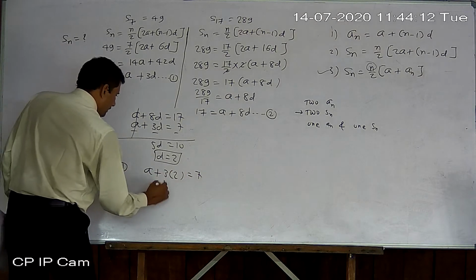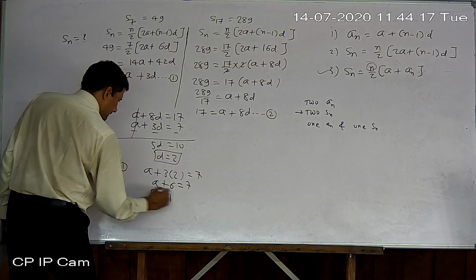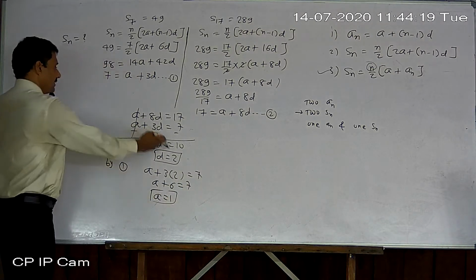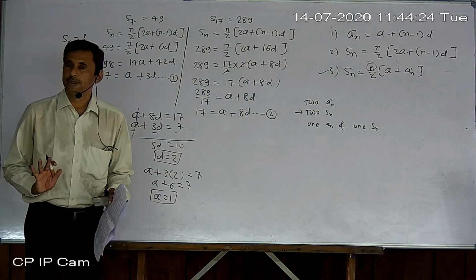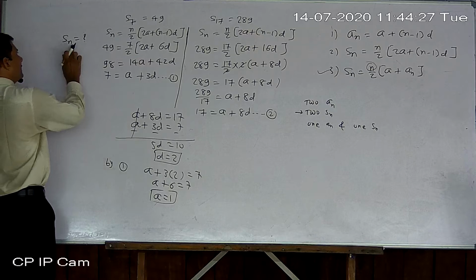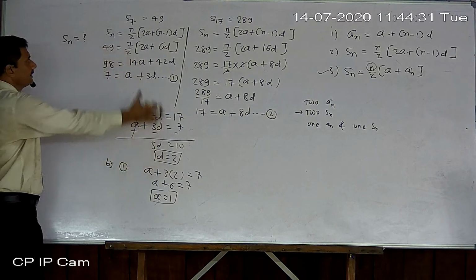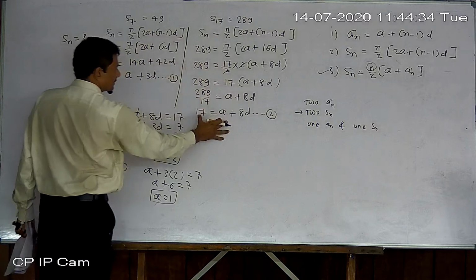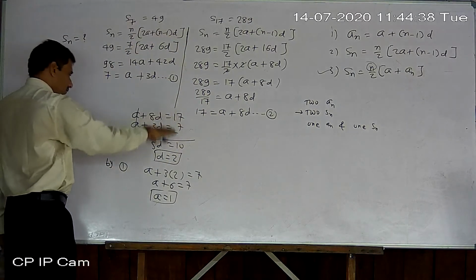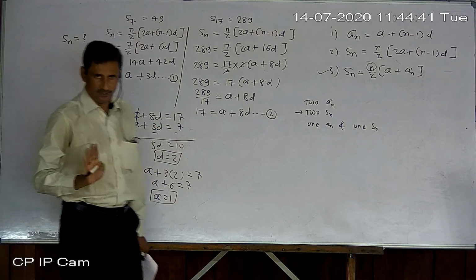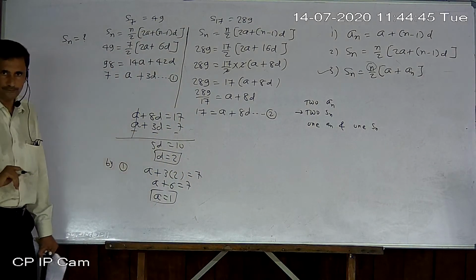So a plus 6 equal to 7, so a equal to 7 minus 6, 1. So we got d and f both, means everything. We got everything. Okay. Now we can find Sn. But here again look carefully how I got 2 equations. Sn is given, so I used Sn's formula. How to solve equation that you know very well. Okay, because we practice many sums in exercise 5.2 also.